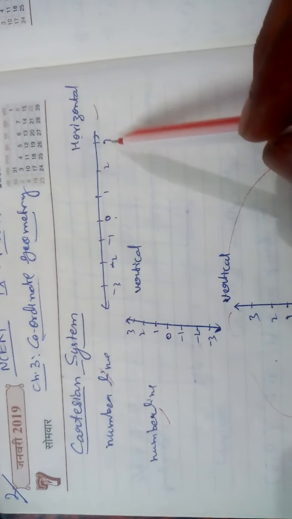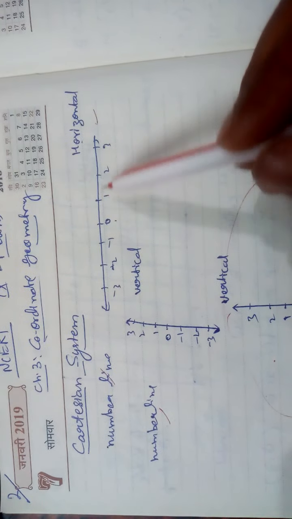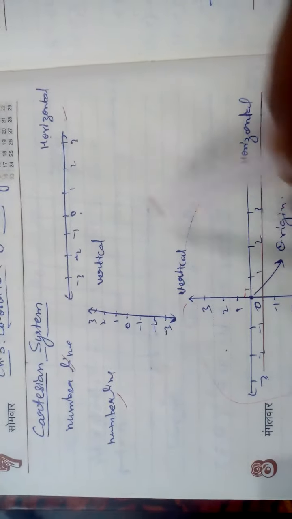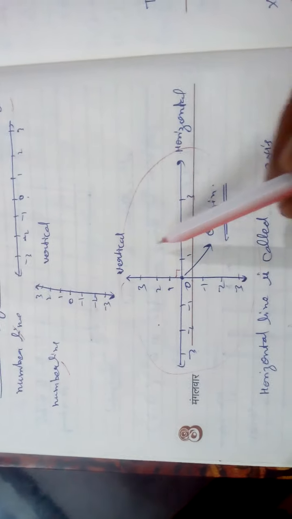The Cartesian plane is nothing but two number lines with a middle point, one side positive numbers, one side negative numbers. These two lines intersect each other at 90 degrees, and form the Cartesian plane, horizontal and vertical. The horizontal line is called this and the vertical line is this.